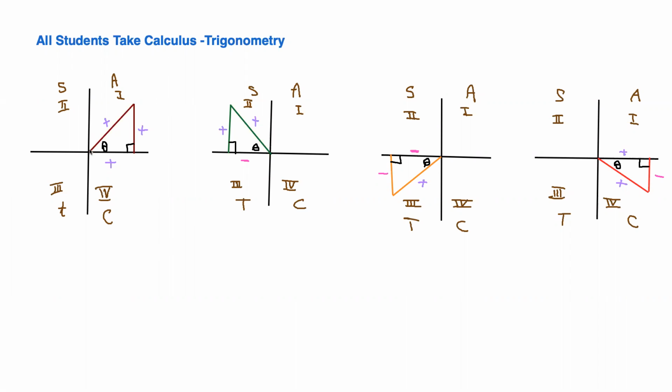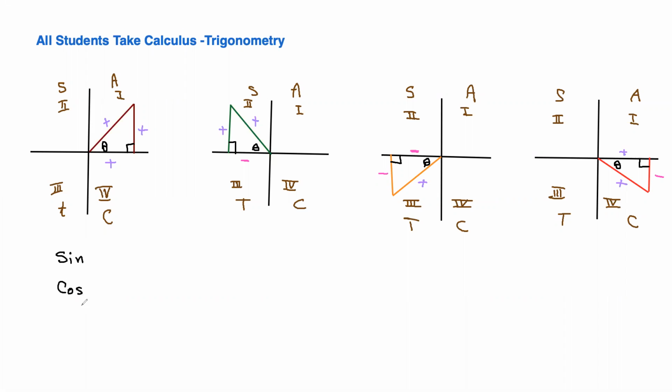So let me tell you that the terminal arm is always measured as positive everywhere. It doesn't matter which quadrant you're in. But the x-axis here is positive, and the y-axis here is positive. And if you look in the second quadrant, the x-axis here is negative, and the y-axis, which goes along here, it's positive, and so on. So here, if we look at sine,